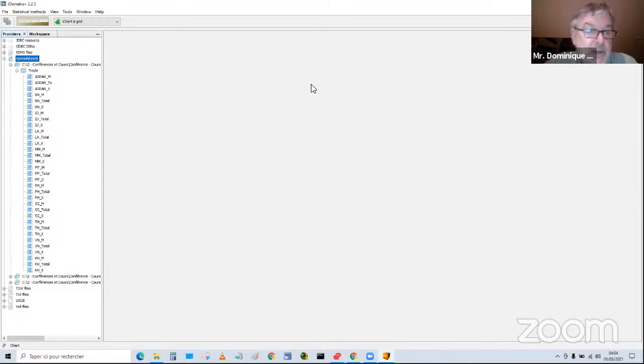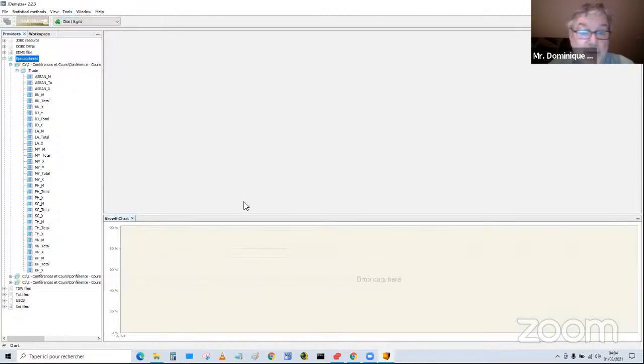Okay, so I take it that everyone loaded the data. So do as I do, so you can work, for example, on the ASEAN total. We will work on that, okay? So if I want to do, just for example, I want to compare the growth rate of the exports and the imports. Very simple thing. If I want to do that, just a short reminder, I have to use the tools, container, growth chart, growth chart. I open it, so I have a window here,